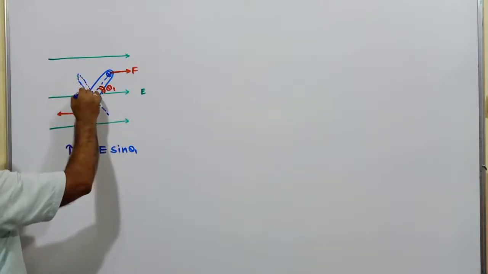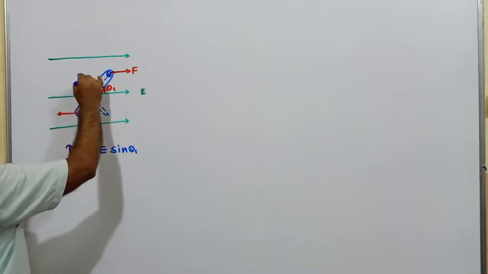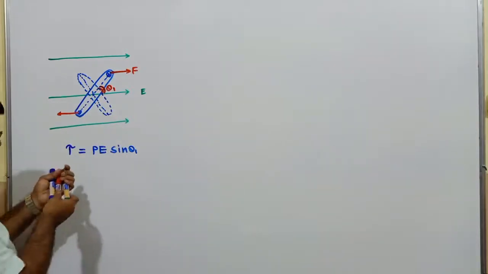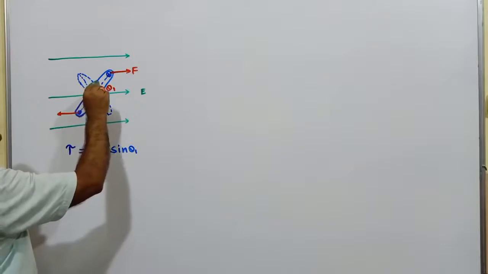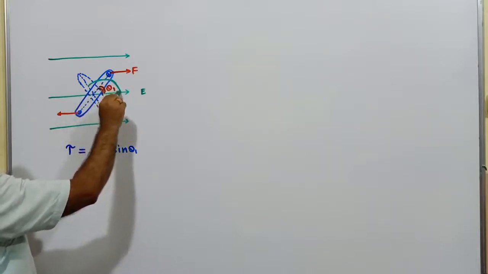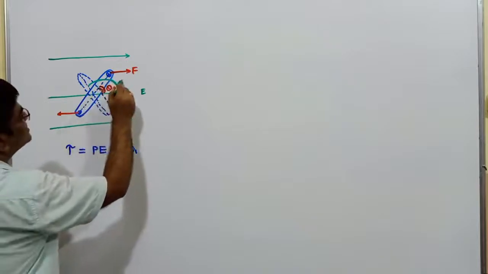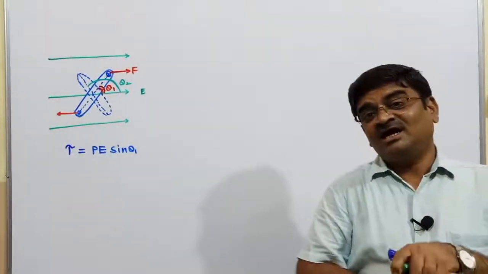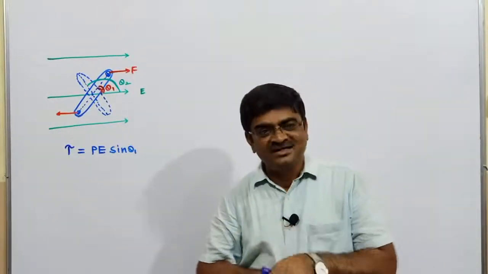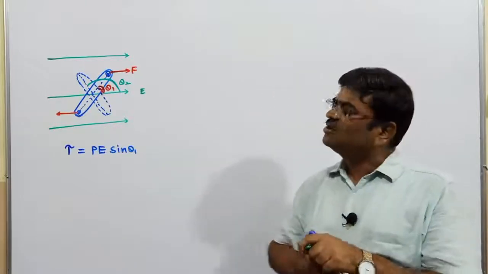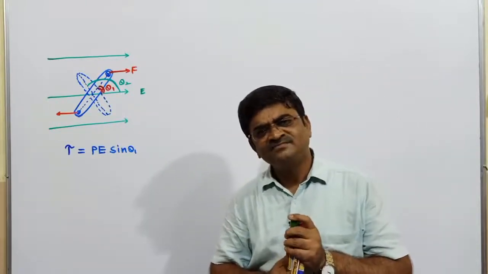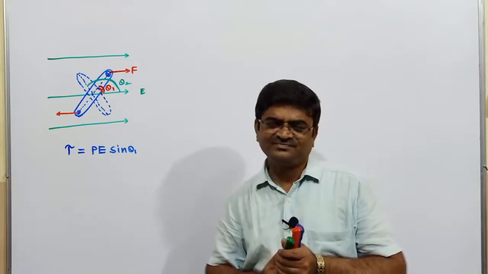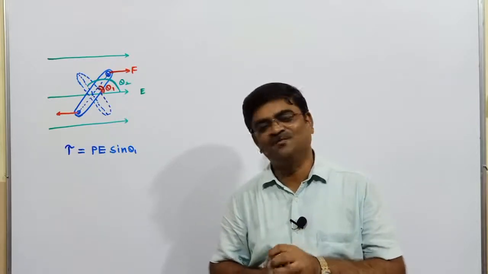Look here. The dipole I would like to take to the new position. How is that new position? I would say making an angle theta 2, you can say. Look here. So what is my need? I would like to rotate the dipole from the theta 1 position to the theta 2 position. So what is my wish? Taking the dipole from position theta 1 to position theta 2.